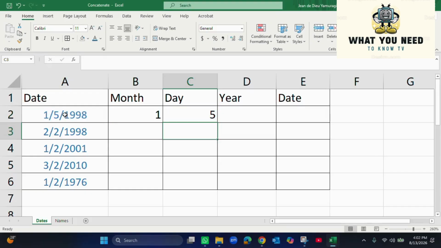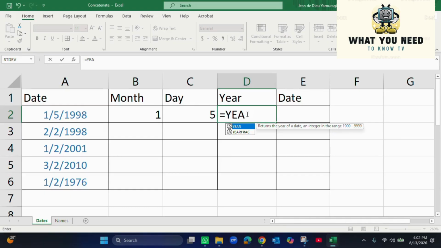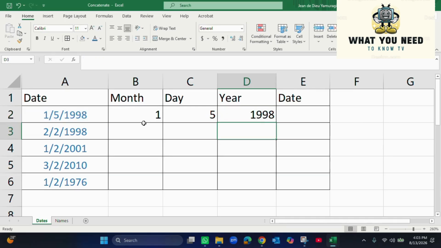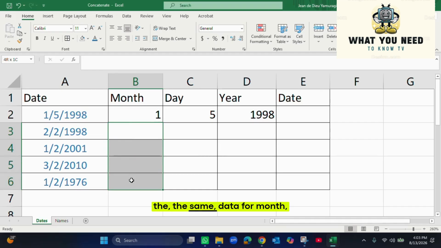Tugakanda enter. Then for the year it is the same. Put the year, we select the cell we want the output from, then we close the bracket, then we can press enter. You see we have January 5 1998. So for this we can also see the same data for month, for day, for the year